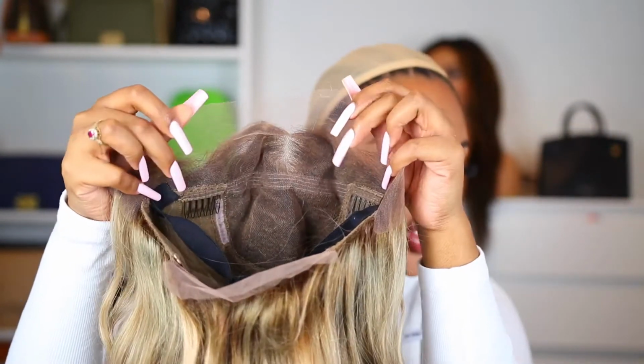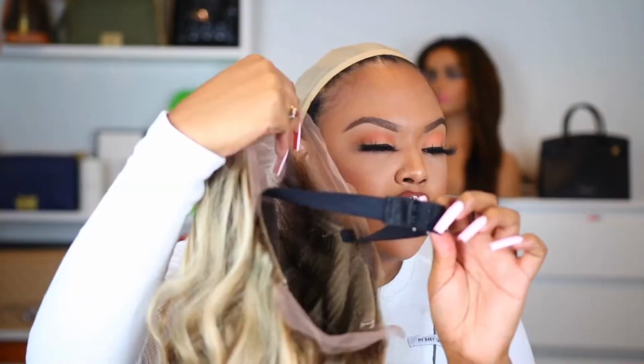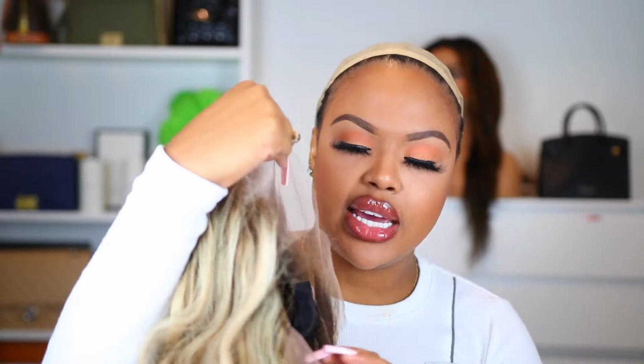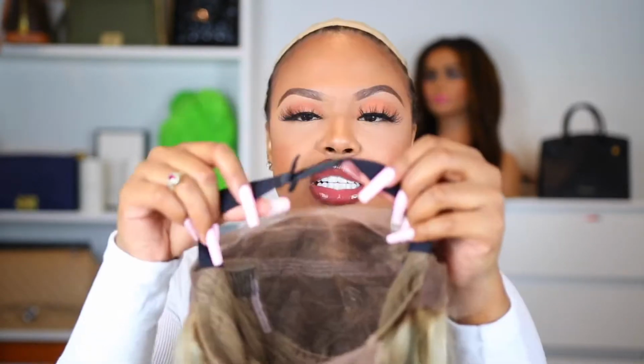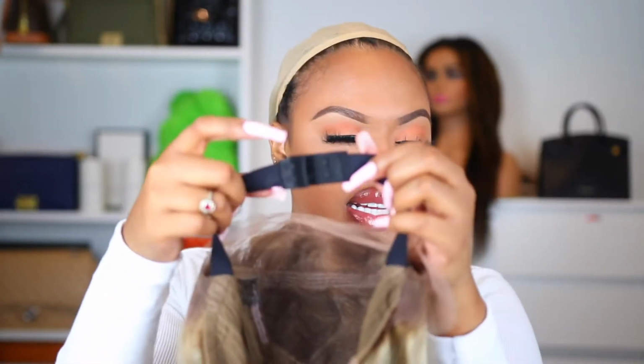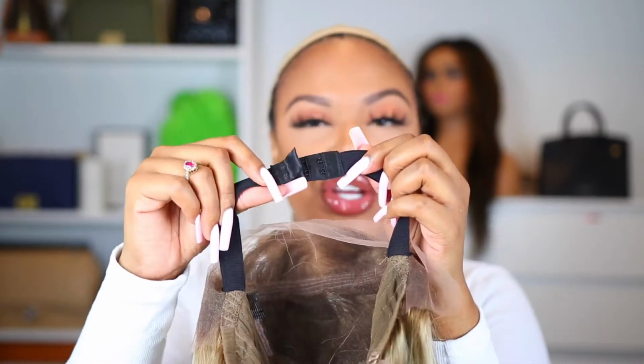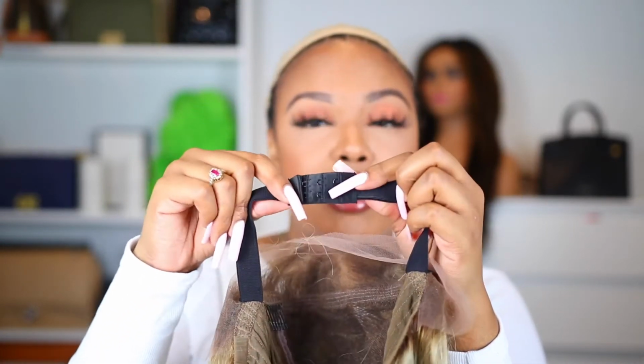It does come with the 2 combs on the inside. It also comes with this extra elastic band for extra security, and it also has a comb in the nape area. Whenever installing my wigs, I always leave the elastic band hooked to the first hook. If you need your wig to be fitted a little bit more tight, you can simply adjust the elastic band